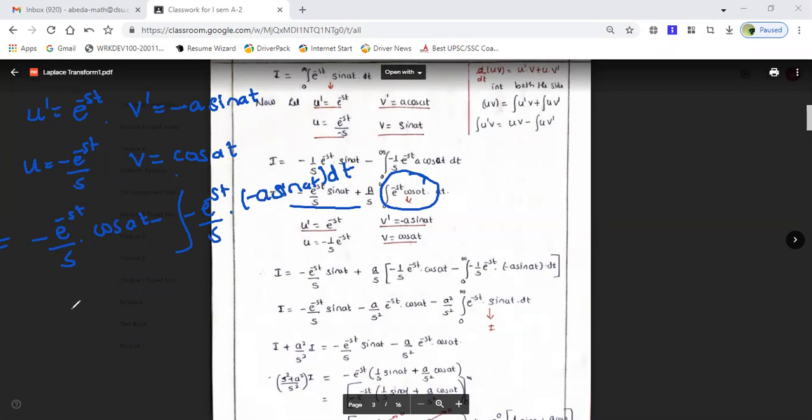So once we have done with this, again, this is our first problem. Now what you do, you're going to substitute this value here. This is your I, this is your first term as it is, this term I'm keeping as it is, plus this a by s I'm keeping as it is. This is all happening here inside. You can say u into v minus integration of u into v prime. So now you can write this as e to the power minus st sine at as it is. Now this is minus into plus, minus a divided by s, s into s is s square, e to the power minus st into cos at.